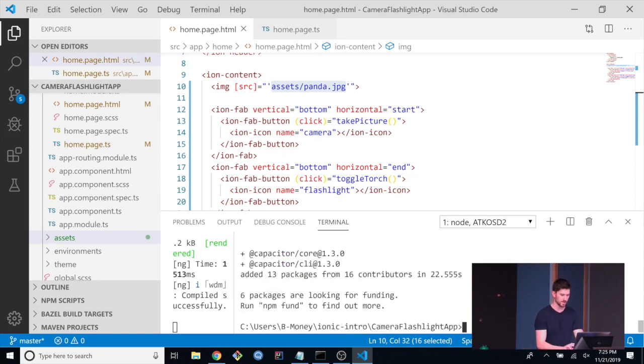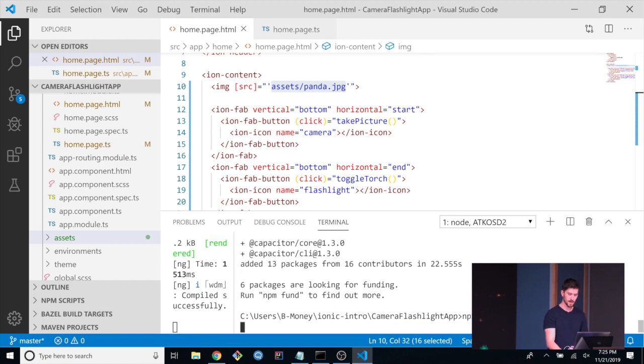Cool. All right, so now that we've installed Capacitor, we do need to initialize Capacitor. Remember that weird npx thing that we have to type, and then cap for Capacitor, and then init for initialize. And then it's going to ask me some questions like app name, what is it? And it's camera flashlight